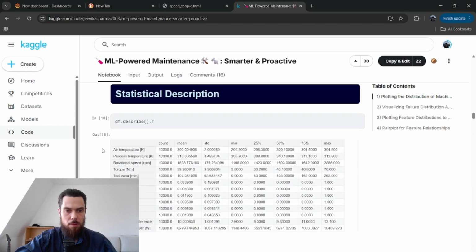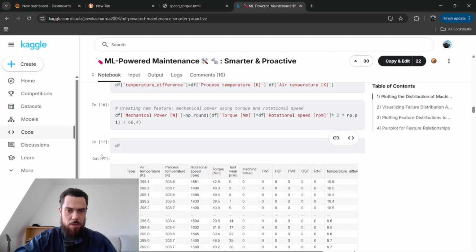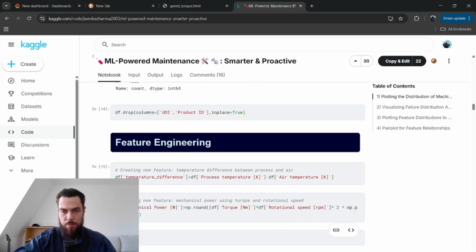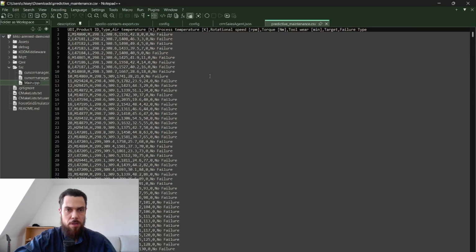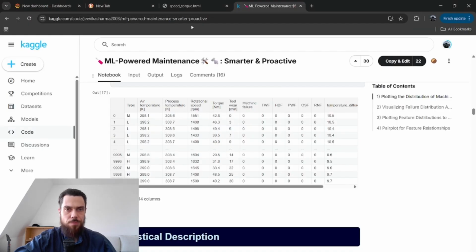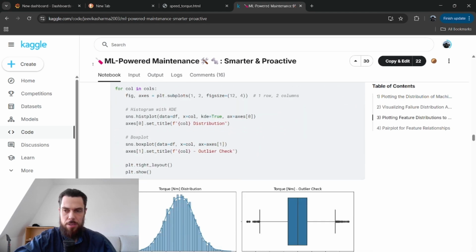Let's go to the table. Air temperature, process temperature, rotational speed, torque, tool wear, and then it has whether the machine failed or not. I have it here. So no failure, and then there's failure type, 0 for target, and then rotational speed. And I have here the graphs that the Kaggle